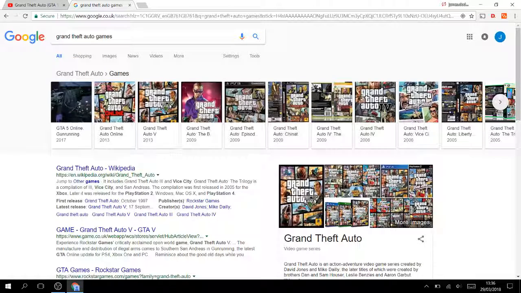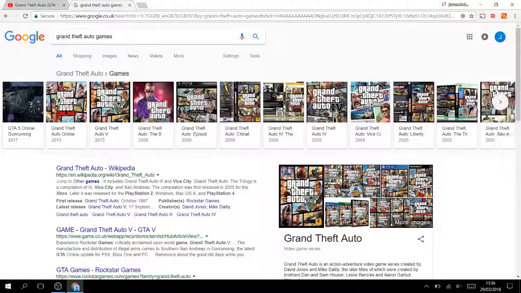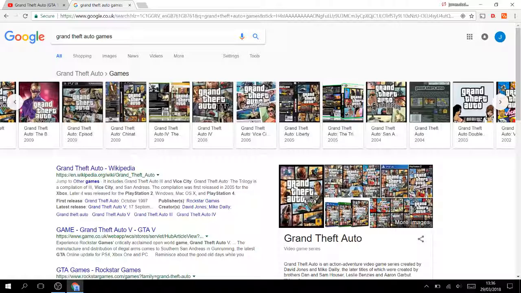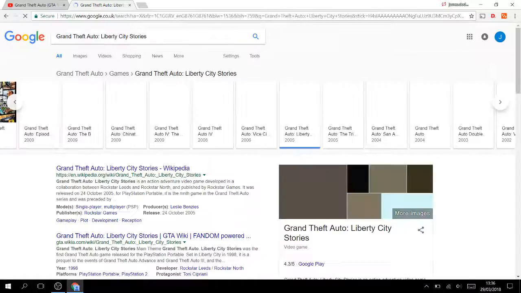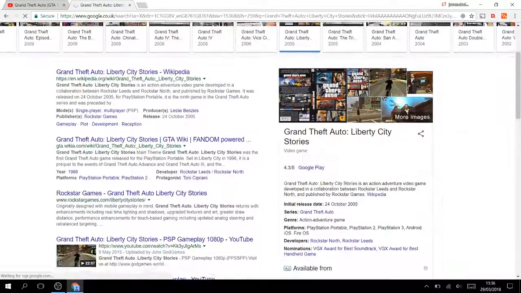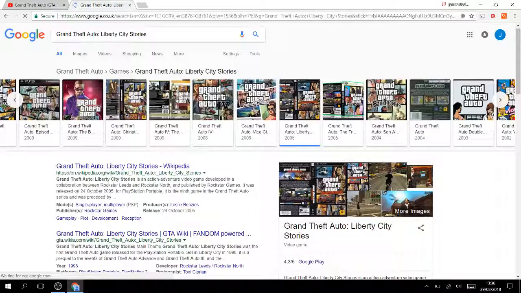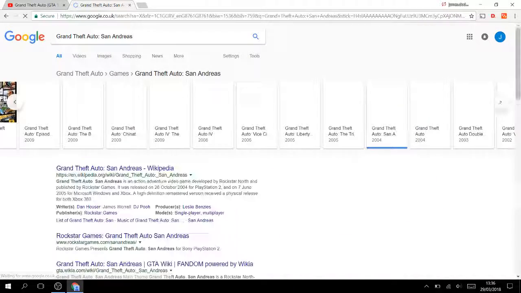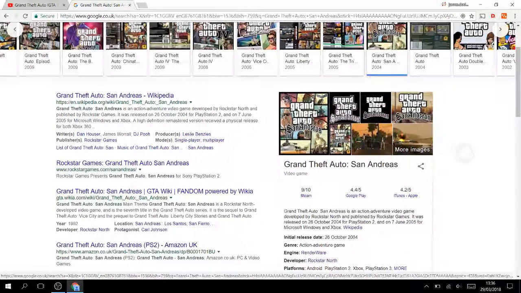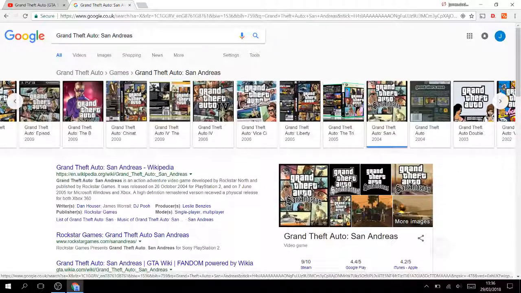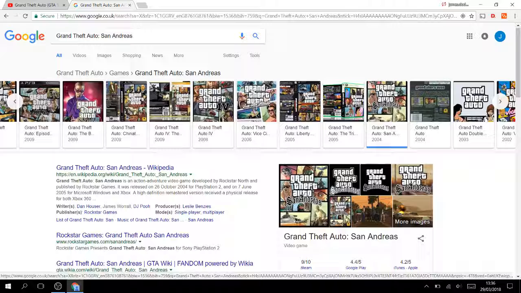So, we've of course had Vice City, we've also had GTA Liberty City, which was based in New York. We had Vice City, which was, of course, in Miami. We had San Andreas, which was supposed to be San Francisco. So they've really got their full series going on here, and they've never lost audience attention.